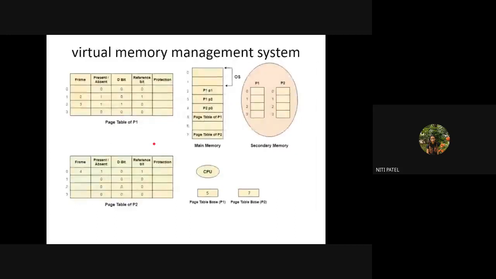What are we doing up till here? When the CPU has to go to the main memory, first go to the page table, take the frame number from the page table, then take the frame number and go to the main memory. We are doing this in virtual memory management also, and we are doing the same thing in normal paging also. The CPU generates a logical address, which is page number and offset. With the page number, it goes to the page table. Then from the page table, it gets the frame number. Then it goes to the main memory. With the frame number, it extracts the pages. Are we doing this up till now?